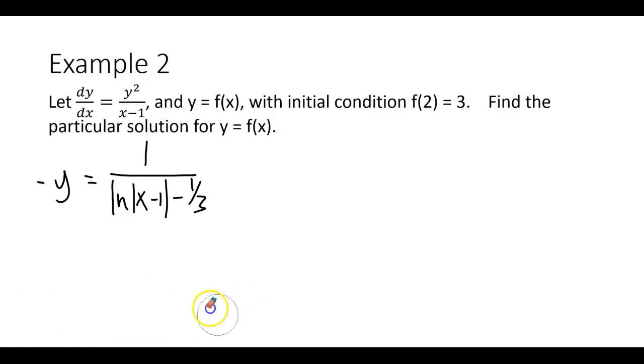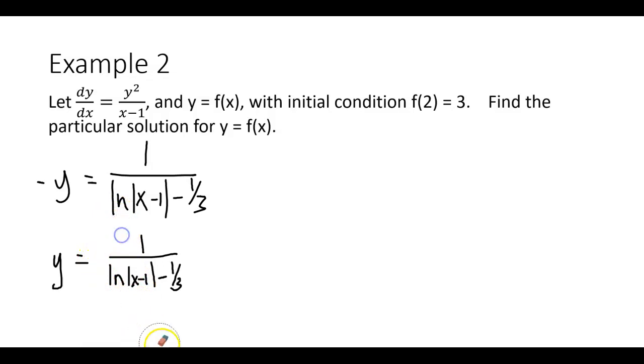All right, the next thing that we're going to do is get rid of that negative in front of the y by multiplying both sides by a negative. And so if I do that, I end up with a -1 on the top, or you could have just put the negative in front of the entire fraction here, like a big negative. That would have been fine too. And in fact, maybe that's less confusing for you guys. So we'll just put a negative right there in the front. But there it is, and we're done.